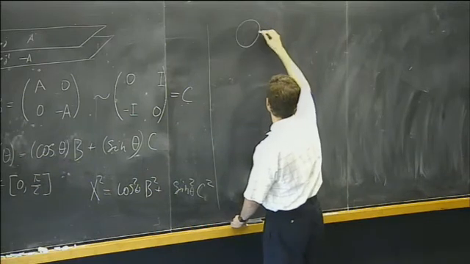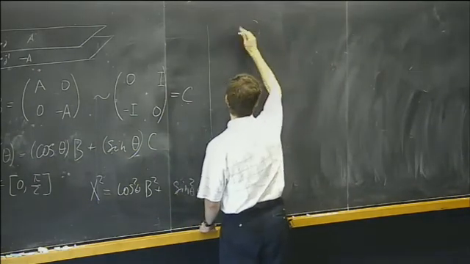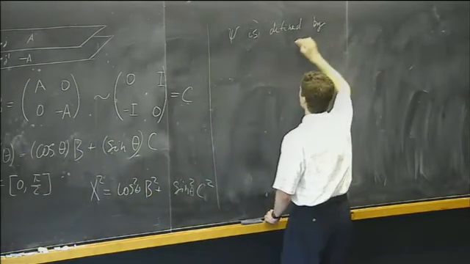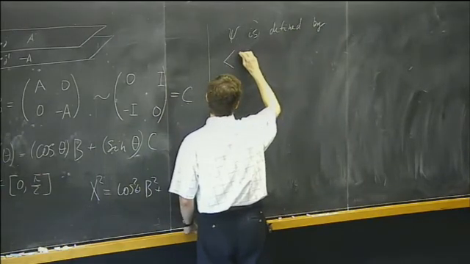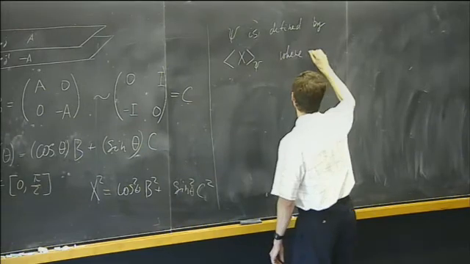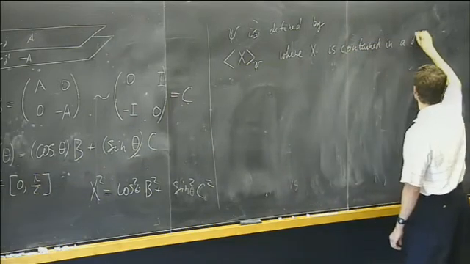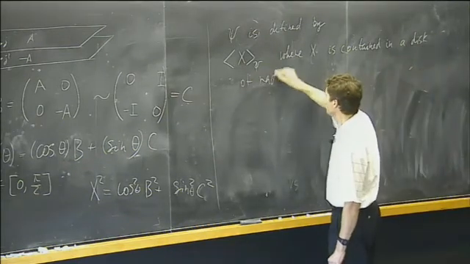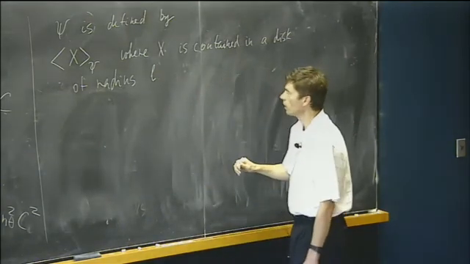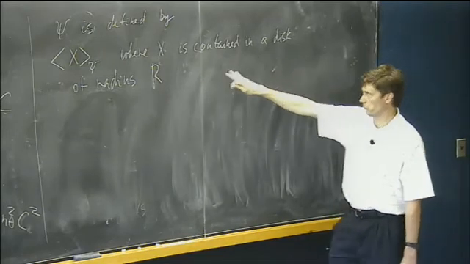We consider all disks of radius R, and define psi by the expectation values like this, for x contained in a disk of radius R. I want to keep the analogy with the previous case. Let it be R. This set of data